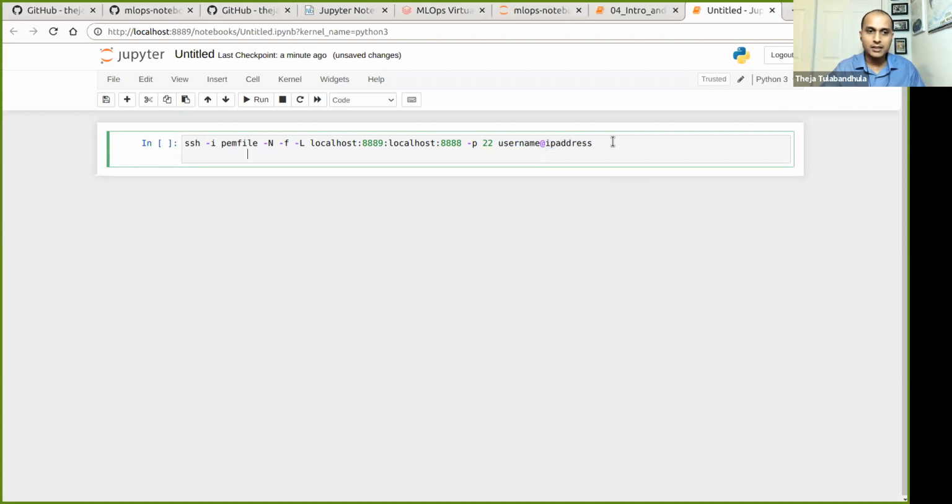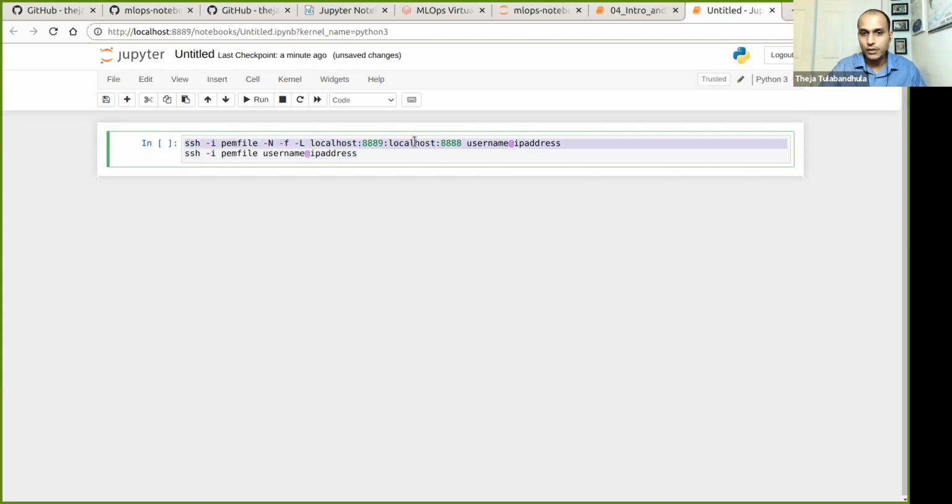This is one command, and if you just want to connect to the machine, that's even easier. That's just SSH -i, the same thing without all this stuff. You don't even need -p22 if you want. This just means port 22, which is the default port for SSH. So command 1 is just this. Command 2 is this, if you want to get into the machine, use the terminal and do something on that machine directly.